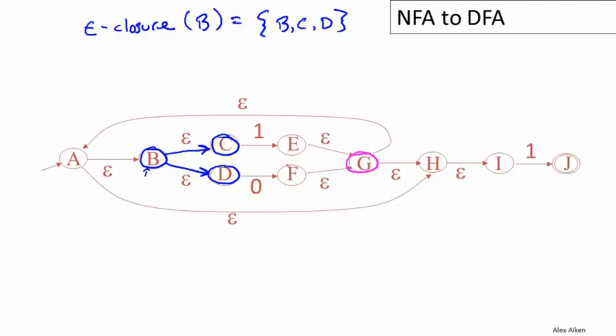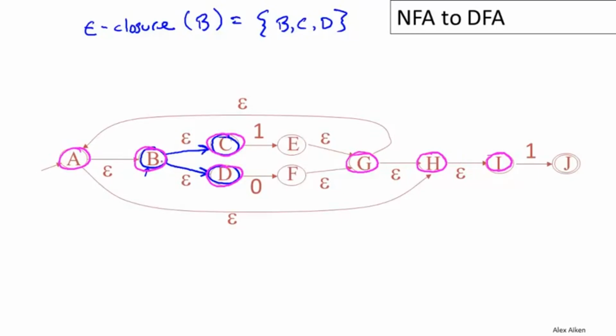So the epsilon closure of G, well, we just have to follow all the epsilon transitions out of G. So H would be in the epsilon closure of G. But it's not just single epsilon moves. This is recursive. So any number of epsilon moves that I can take, all of those states are included in the epsilon closure of G. So in fact, I would also be included, A would be included, and B and C and D would also